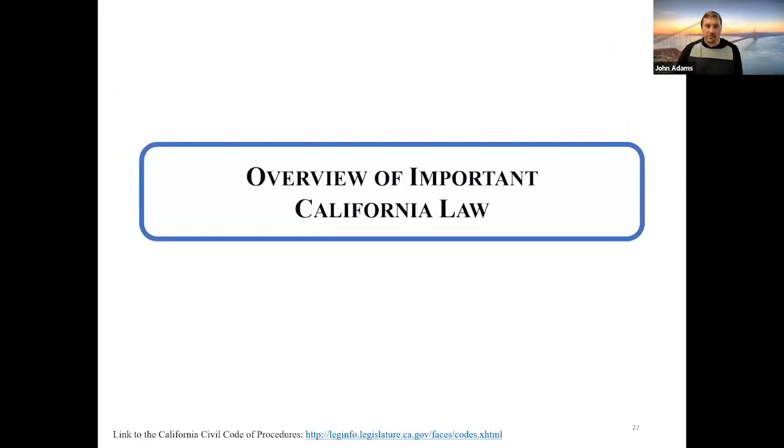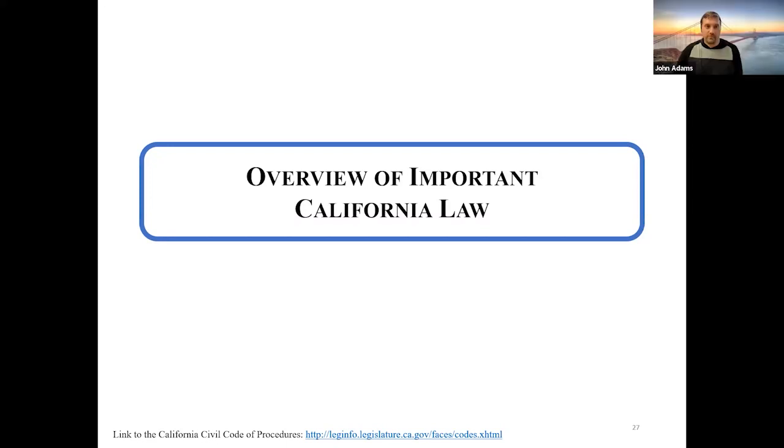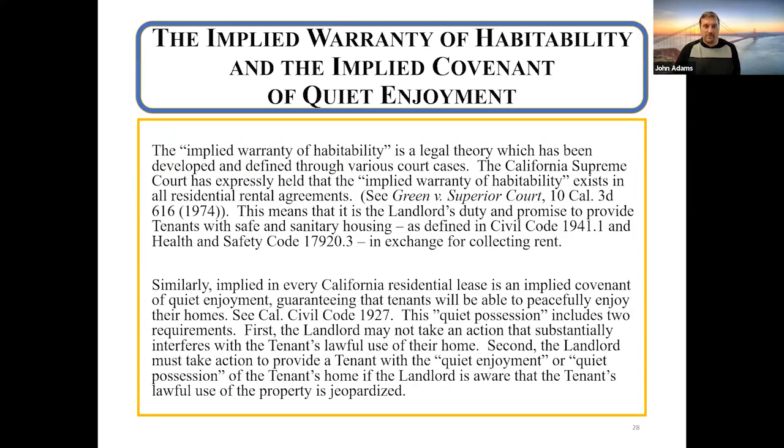And the final topic that I'm going to discuss today are several important California laws that are relevant in Richmond. Y la última tema que vamos a platicar hoy son varios leyes de California importantes que se deben de conocer. So the first is to understand what is called the implied warranty of habitability. El primero es entender qué se quiere decir para la garantía implicada por